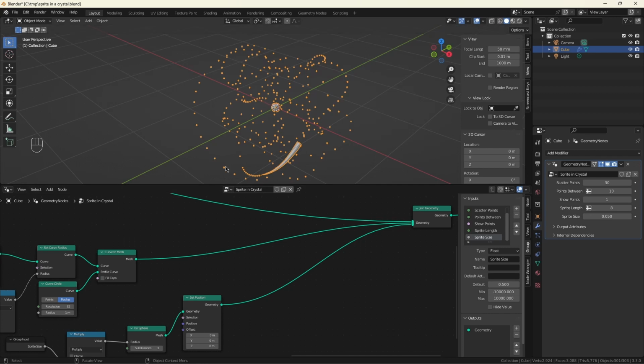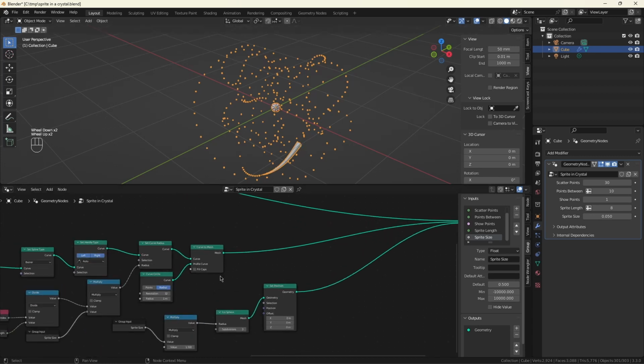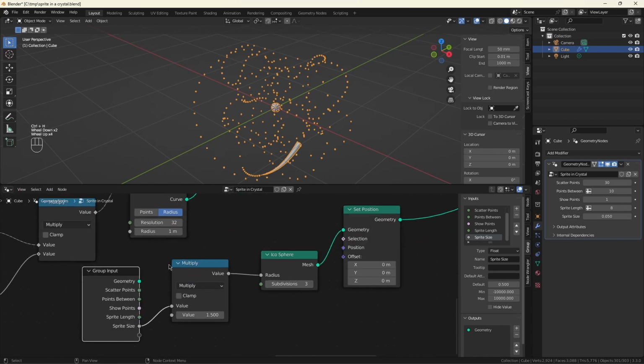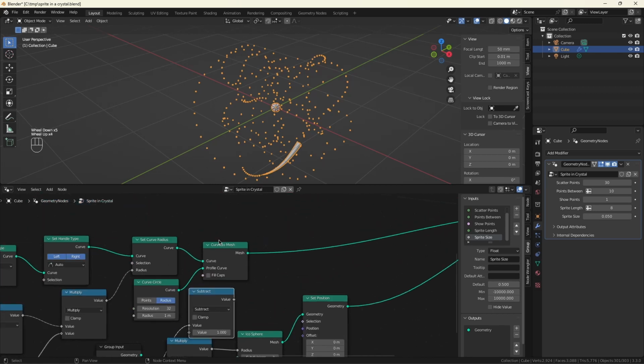Where do we want to move it to? We want to move it to the index at the end of our little tail. So I'll expand this group input. I will grab the sprite length, subtract 1 to bring it back to just the end of the sprite rather than one beyond. Now we need to get the position from this curve, from where the end of this thing is,